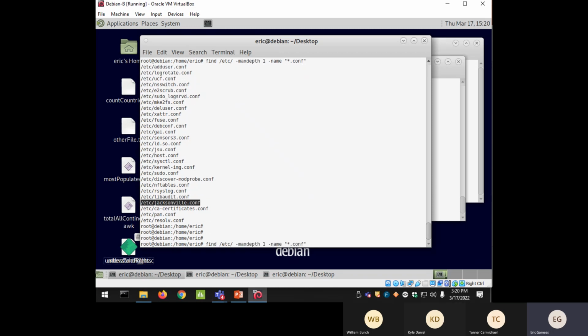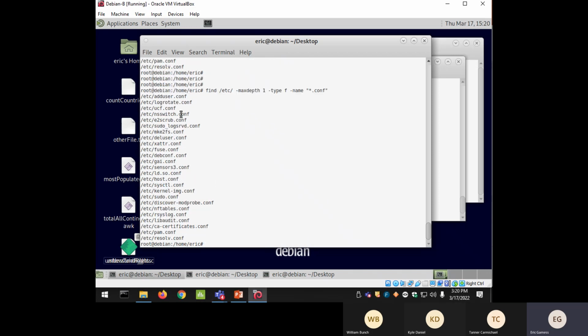So there's another way to even specify more conditions. I can say the type should be a file. So look, when you go recursively, go up to one level, when you show me only files, ordinary files, the name of this file has to be something.conf. This will perfectly work. So if you look in this list, we don't have jsu.conf and we don't have jacksonville.conf